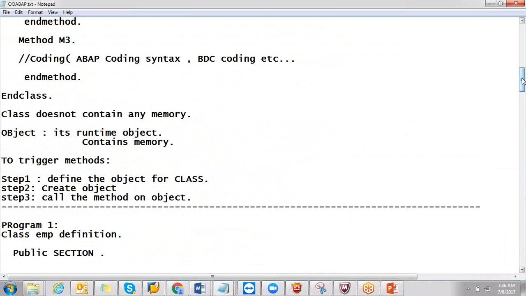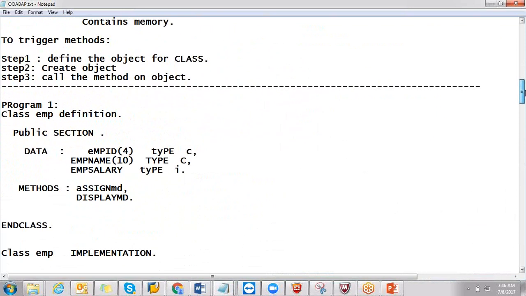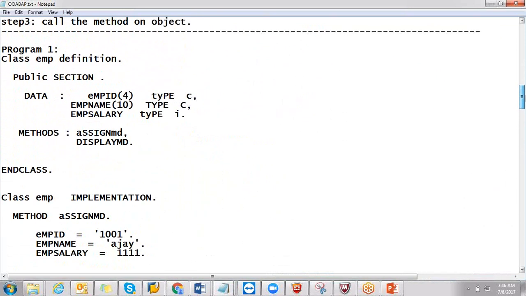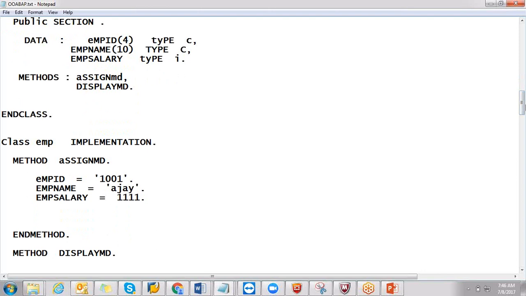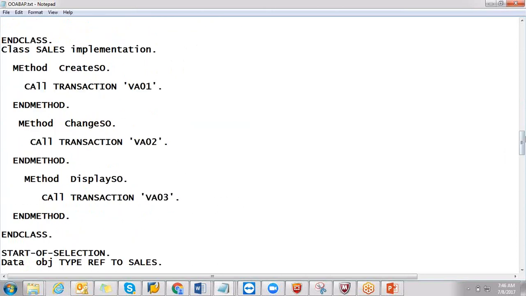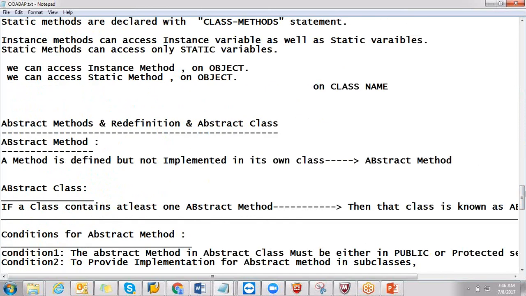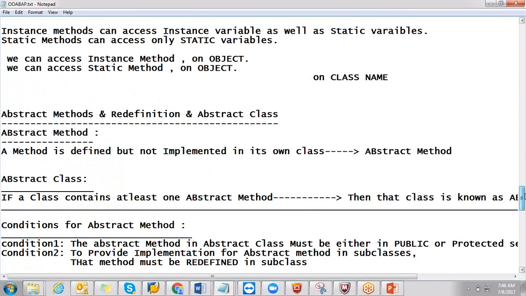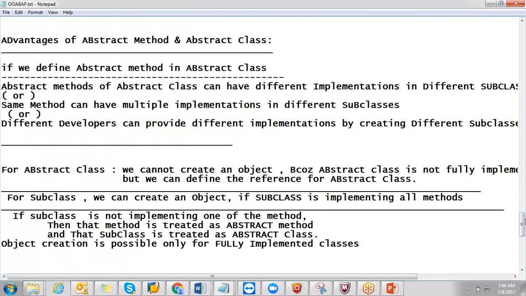Okay, these programs will give you some idea about the visibility, like what is the public section, private section, and how to access the methods. It will give you a little visibility. First you have to go through this concept. Once you are clear, then